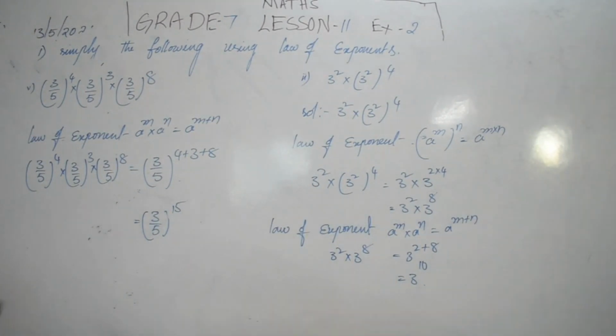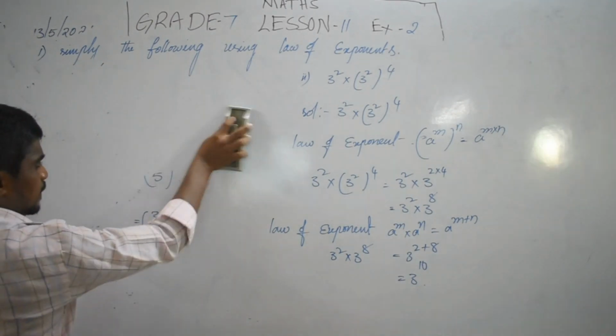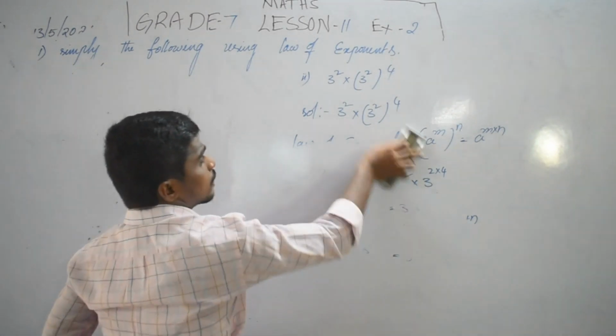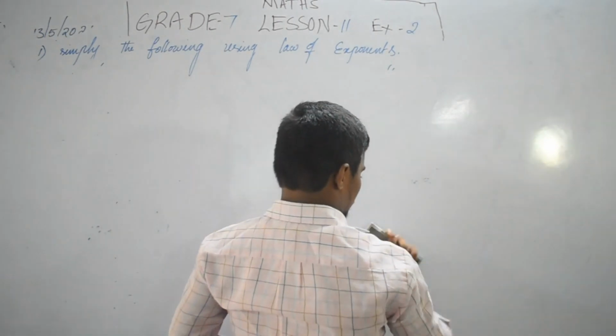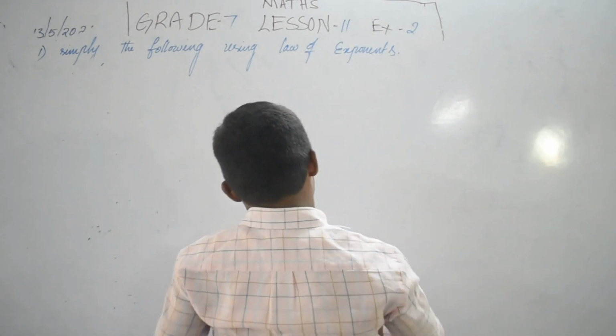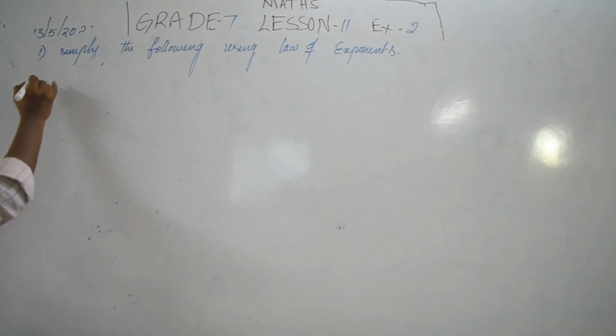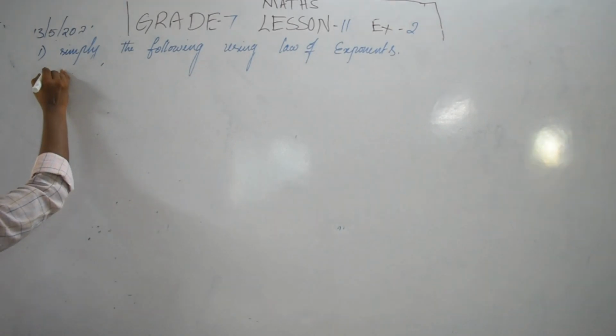Here see, next, the 11th one. There are 20 problems given. I said some difficult problems remain for you to try at home. If you have any doubt, send me a message afterwards.